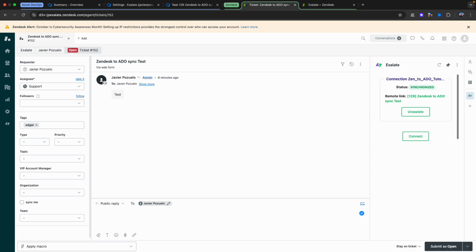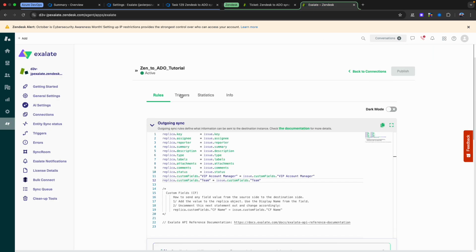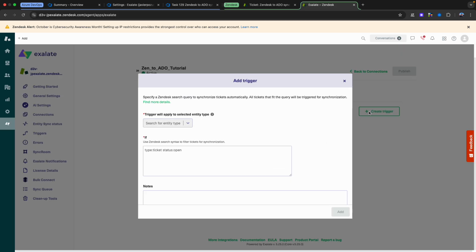Let's say that we want to implement this automatically. So Exalate has a trigger function that allows you to automatically synchronize tickets to the remote system. In the if field, you define a filter, and whatever ticket matches this filter will be automatically sent to